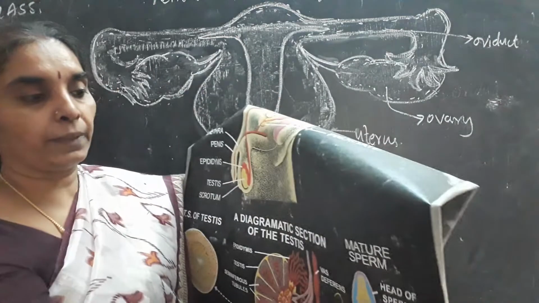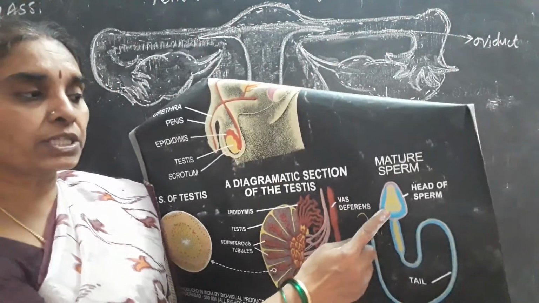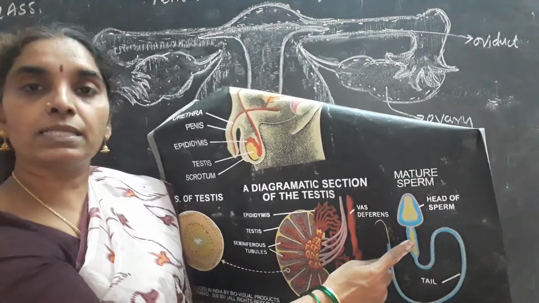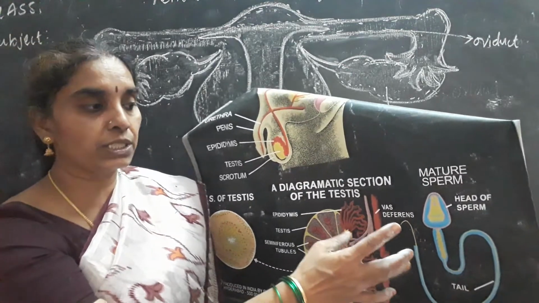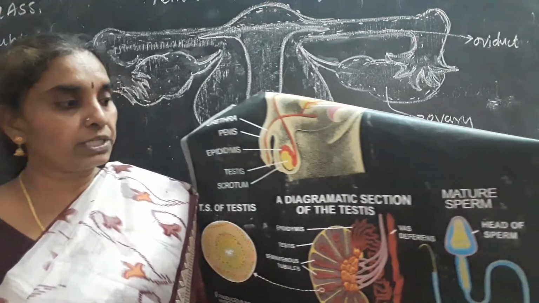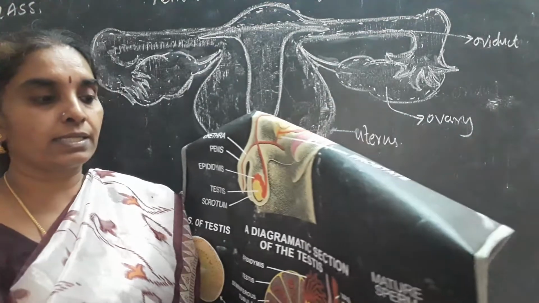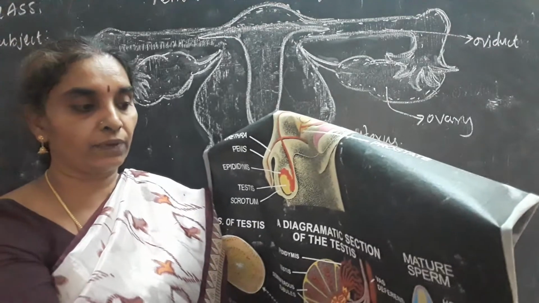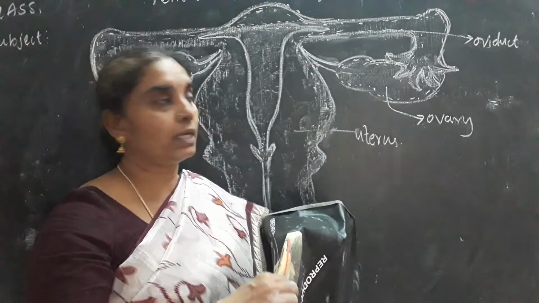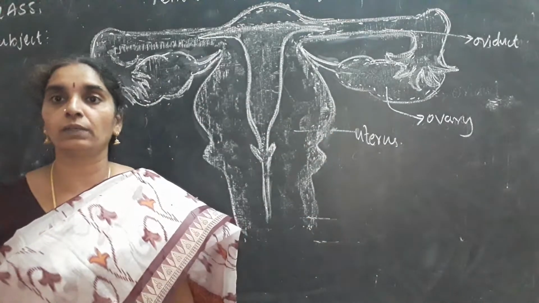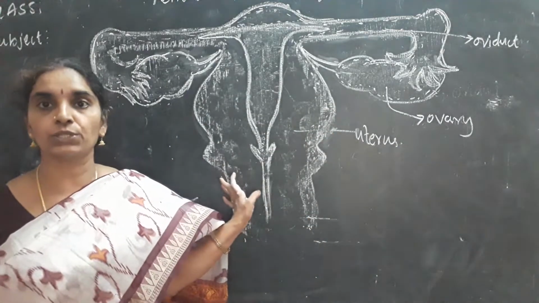The structure of the sperm contains a head, a tail, and a middle piece. The middle piece contains the mitochondria, which gives energy to the cell, and different functions are carried out through it. The head of the sperm contains the nucleus inside it, and it moves with the help of the tail. How fertilization takes place we'll see after knowing about the female reproductive system.